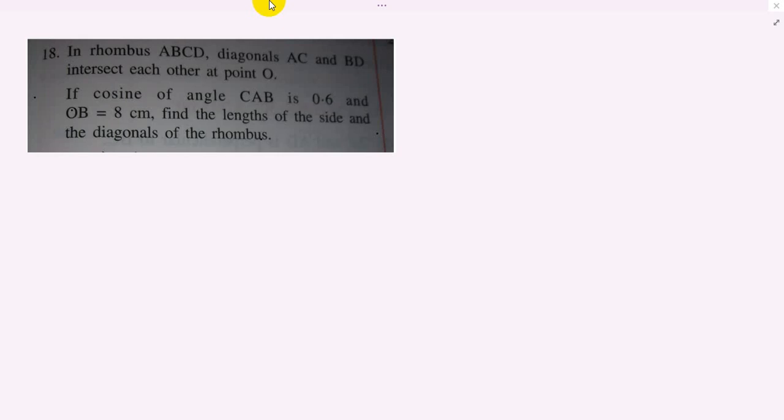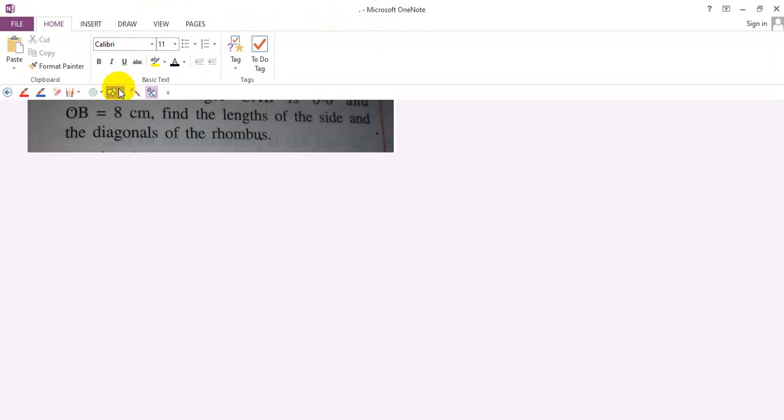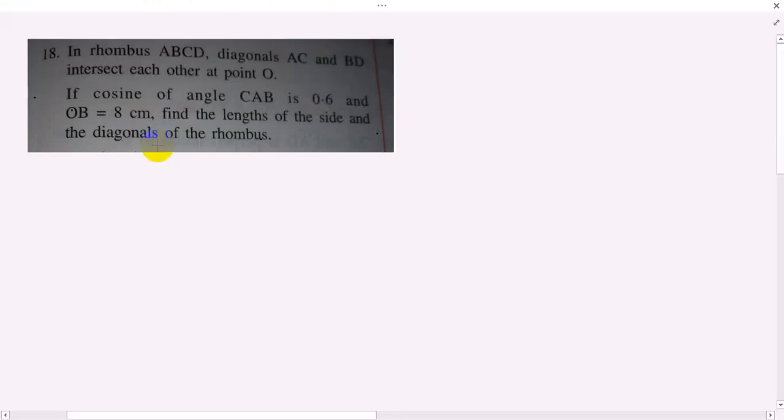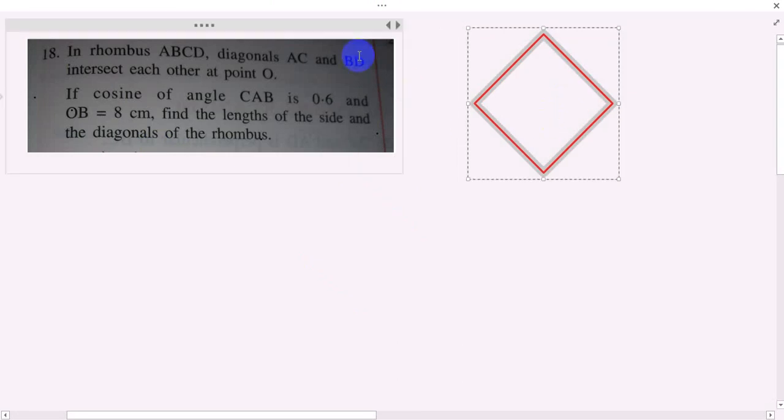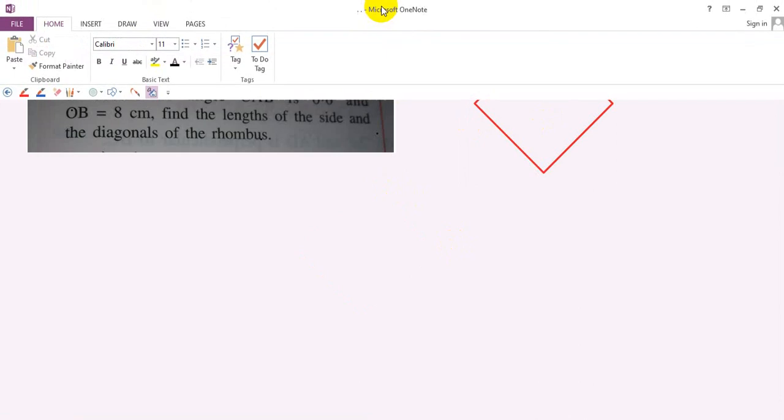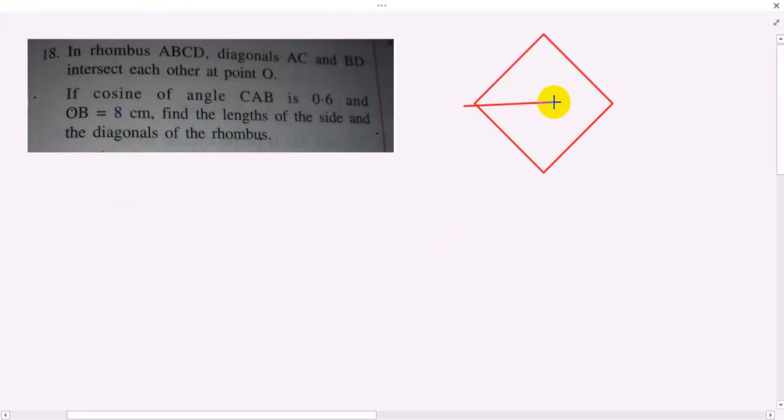In a rhombus ABCD with diagonals, you need to remember certain concepts which you have already studied. So this is a rhombus. Let me place it here. Whether we are able to draw a line on it or not? Yes. So this is a line,